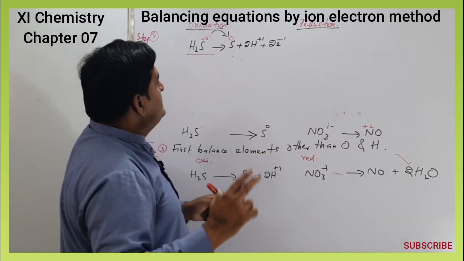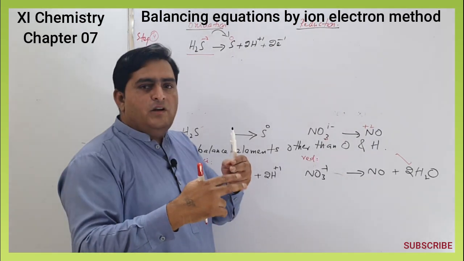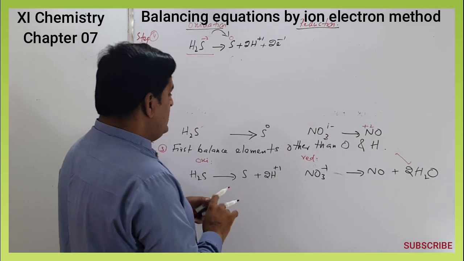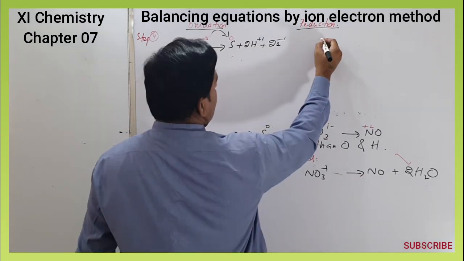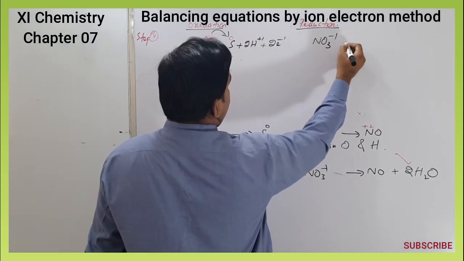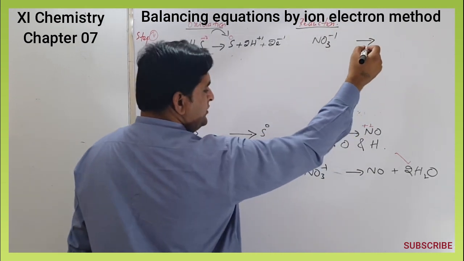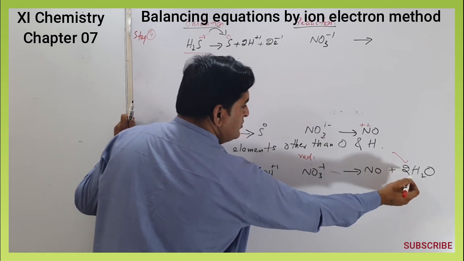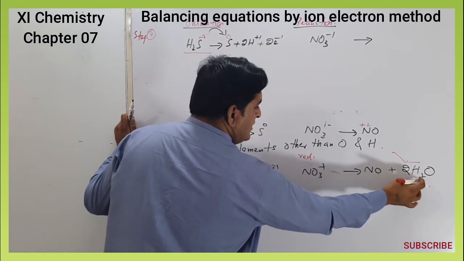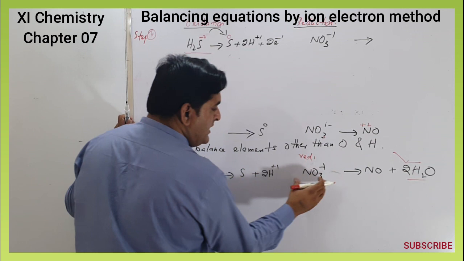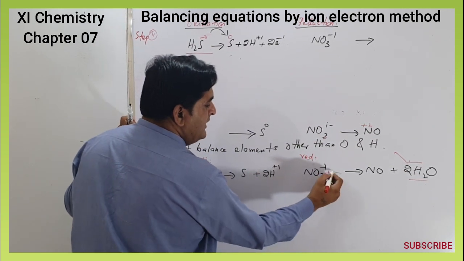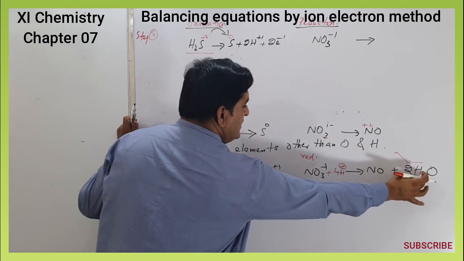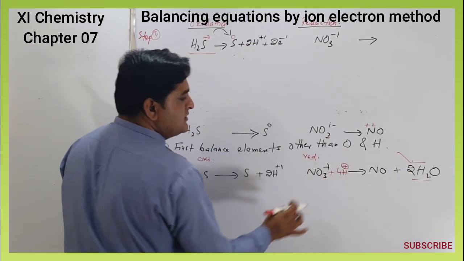So how many units has the oxidation number increased? 2 units. So we add 2 electrons. In this way, on the reduction side, NO3 -1 has been converted into NO, and here we left one thing, 2H2O. So on this side there is an increase of 4 hydrogen atoms and there are no hydrogen atoms on the other side. So for each hydrogen we add a hydrogen ion. How many hydrogens increase at this side? 4. So we write 4 hydrogen ions here.